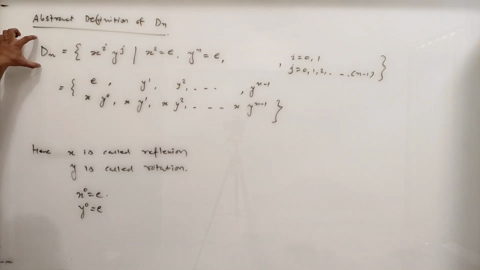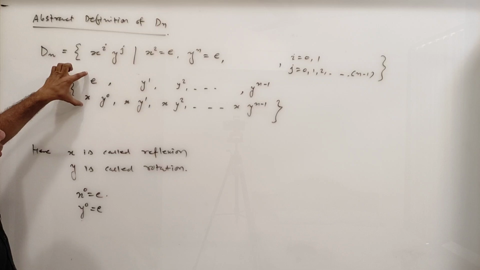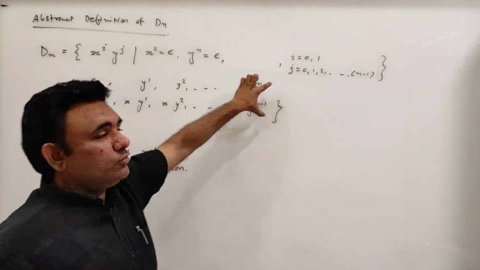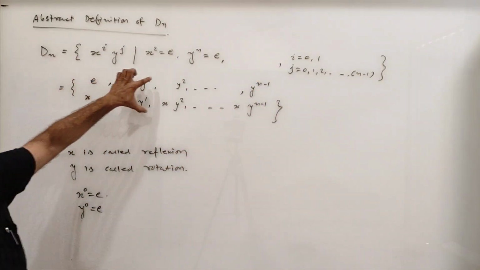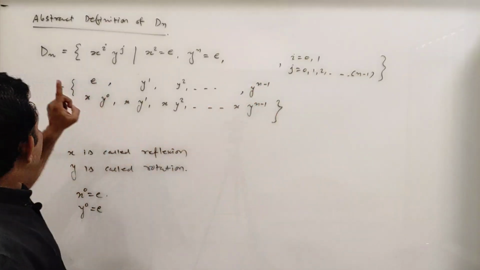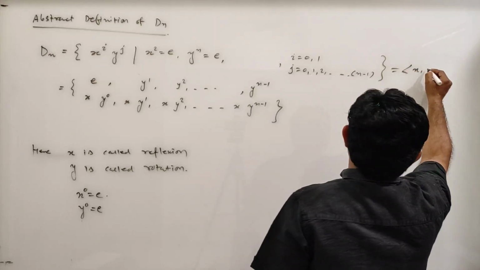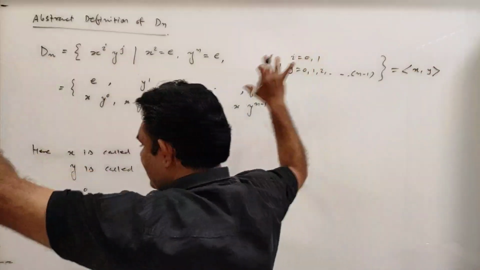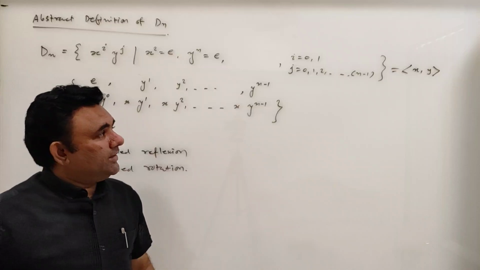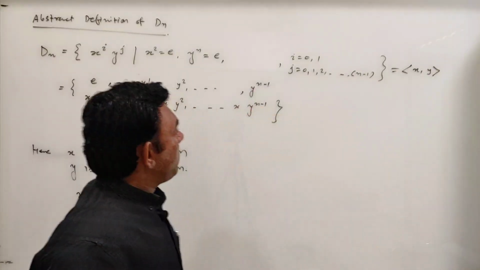So your Dn will look like this. You have x and y. We are constructing this set with the help of two elements x and y, so x comma y,